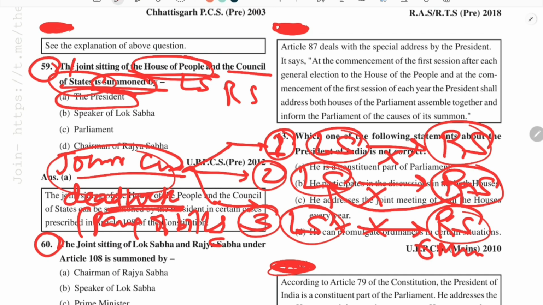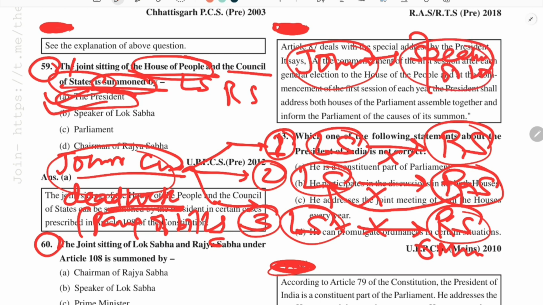So here the question is asking about who summoned that joint sitting. So it is always the president, and you must remember that the joint sitting is presided by the speaker of Lok Sabha. In case the speaker is absent, then the deputy speaker of Lok Sabha takes the charge, and in case the deputy speaker is also not there, then the chairman of Rajya Sabha does not preside over the joint sitting. Rather, the deputy chairman of Rajya Sabha takes the charge,